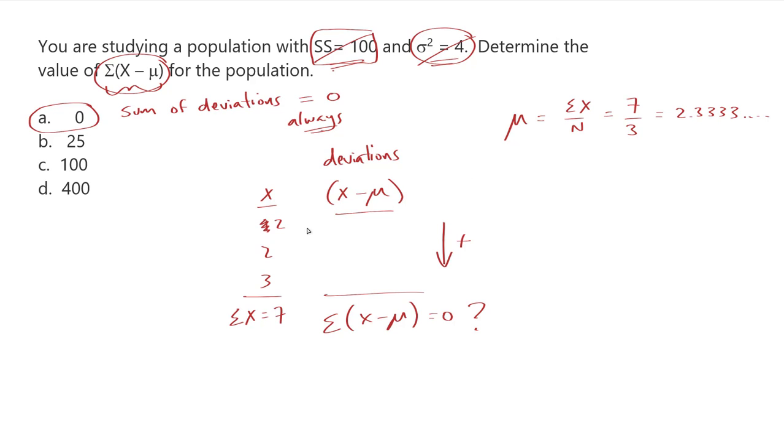If I take that away from each one of these, so that's 2 minus 2.333, that's going to be negative 0.3333, and so on. So will this. And this one, 3 minus 2.3333, repeating, is positive 0.6667. When you add these ones up, you'll end up getting